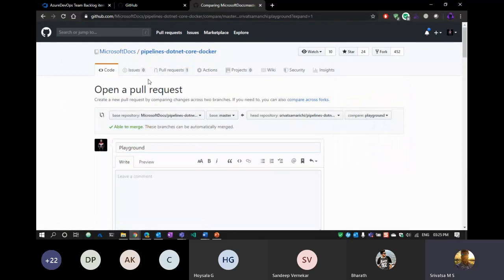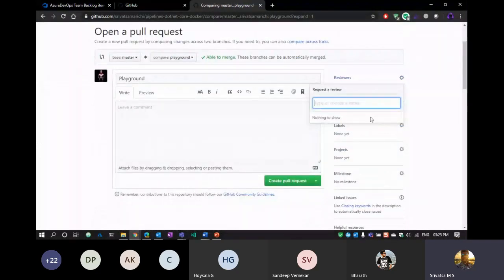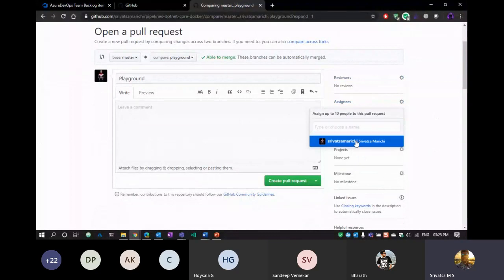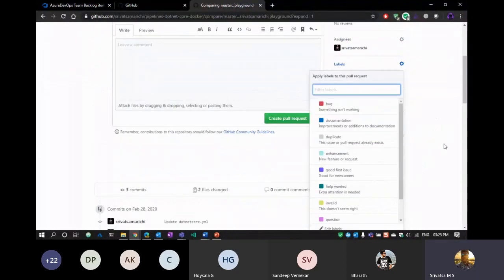Since I've forked this repository from Microsoft Docs, the moment I create a PR, it automatically takes me to the base repo, but I'm not interested in that. We have some changes coming in from the playground branch to the master branch. So I can add reviewers. I can add more than one reviewer who will be part of this change. I don't have anybody, so I'll assign this to myself now. And I can also label this saying that, hey,